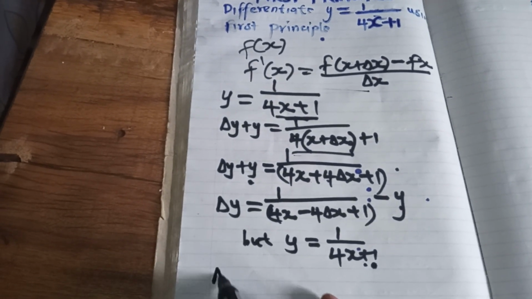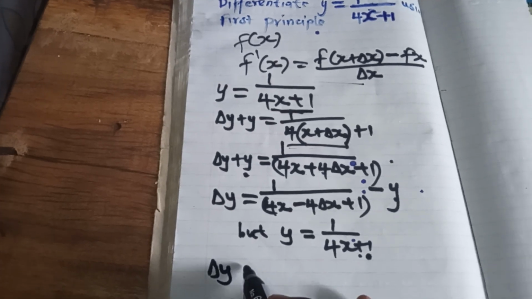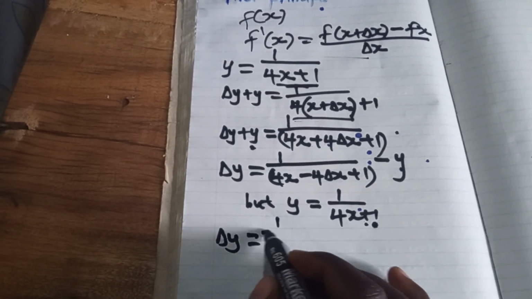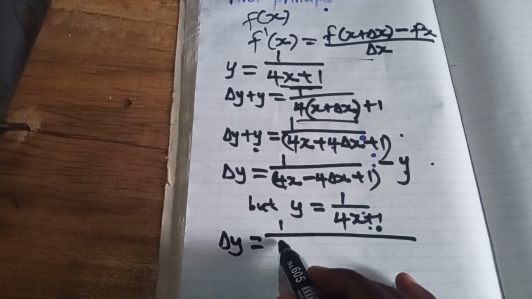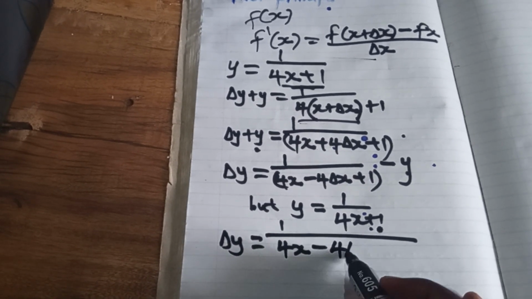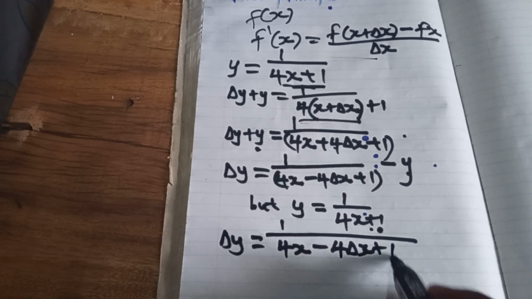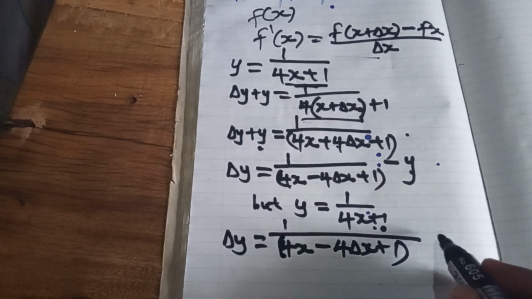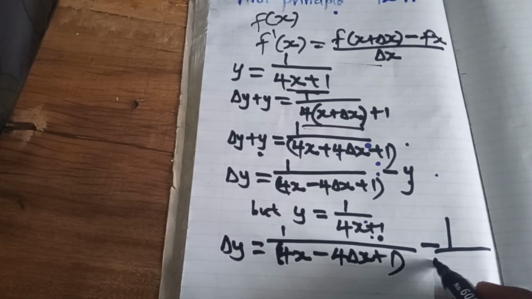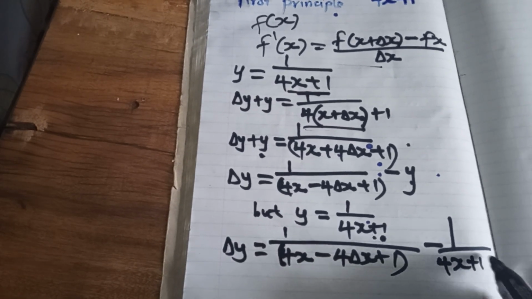So we'll have change in y equals 1 over 4x plus 4 change in x plus 1, all in one bracket, minus 1 over 4x plus 1